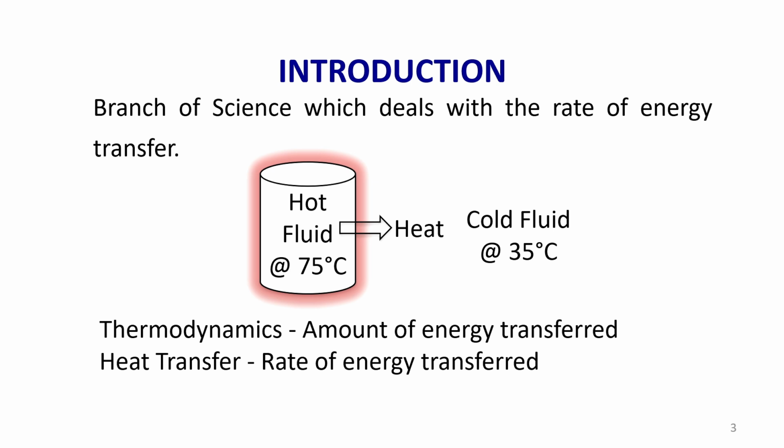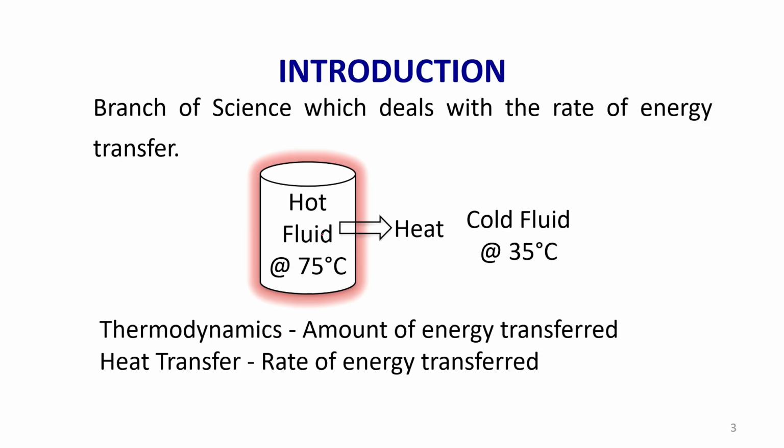For example, let us take a hot fluid. When I say fluid, it could be liquid or gas. So, the hot substance is at 75 degrees centigrade. The outside condition, the ambient temperature, is say 35 degrees centigrade. So, there is a delta T of 40 degrees centigrade. Obviously, there will be heat transfer. We know that for heat transfer to take place, there should be a delta T. If there is no temperature difference, then there is no heat transfer. So, the heat will flow from the hot fluid to the